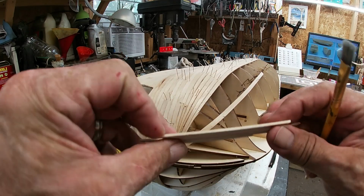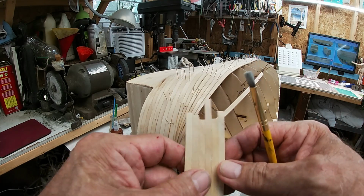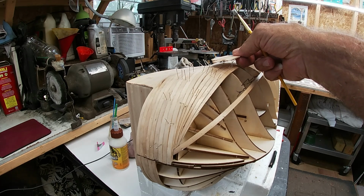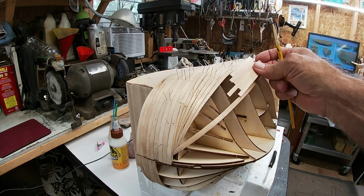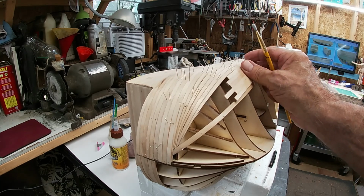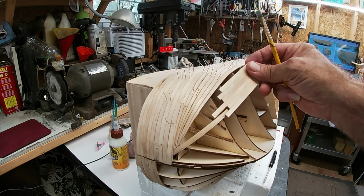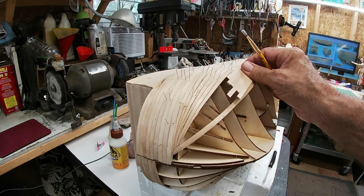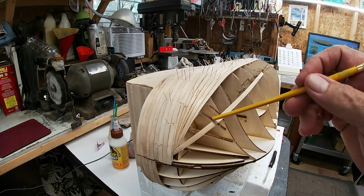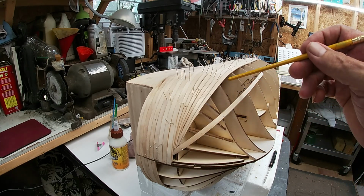And then I glued together a little set of planks that are 6 wide, so I can use them as a reference. Because as I went lower, I wanted to make sure I had the right spacing before I get to this full board where it changes. So as a reference line, I know that now the next boards that I lay here have to get tapered on the ends